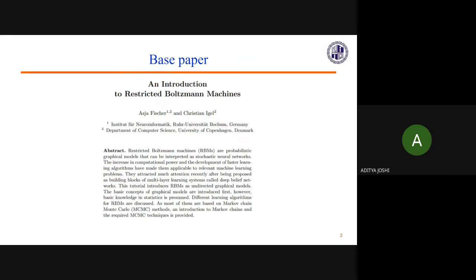But we have decided to go with this paper because those papers involved a lot of other things as well besides just the restricted Boltzmann machines. Because there wasn't exactly a single paper that only talked about restricted Boltzmann machines and how they came into being and what their mathematical relationships inside the working of a restricted Boltzmann machine are. So we decided to go with this one, and this paper completely explains from the base as to why restricted Boltzmann machines are called stochastic graphical neural networks.